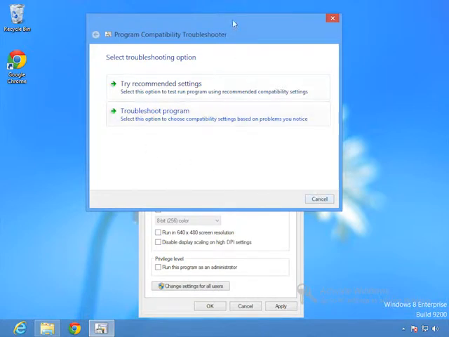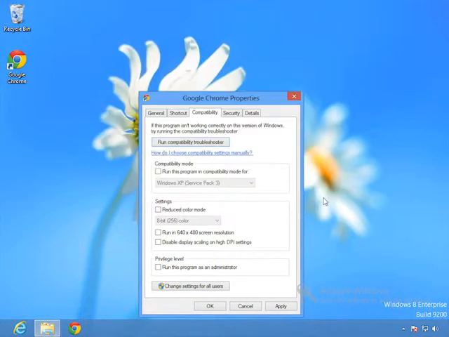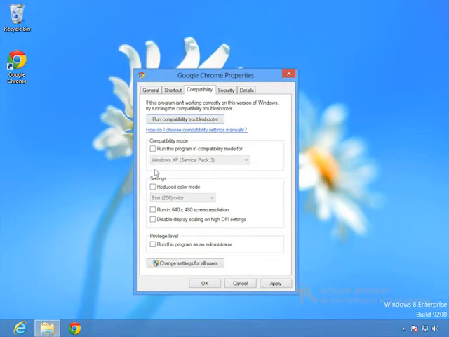Honestly, I haven't had a lot of luck with this program compatibility troubleshooter. The wizard interface just isn't as smart as just selecting these checkboxes. So I usually do things manually. It's always a process of selecting an option, testing it. You got to test every feature a user might want to use. And if it doesn't work, going back and tweaking it and testing it again. So it just requires trial and error. But this can allow just about any app to work in Windows 8, even if it was designed for a